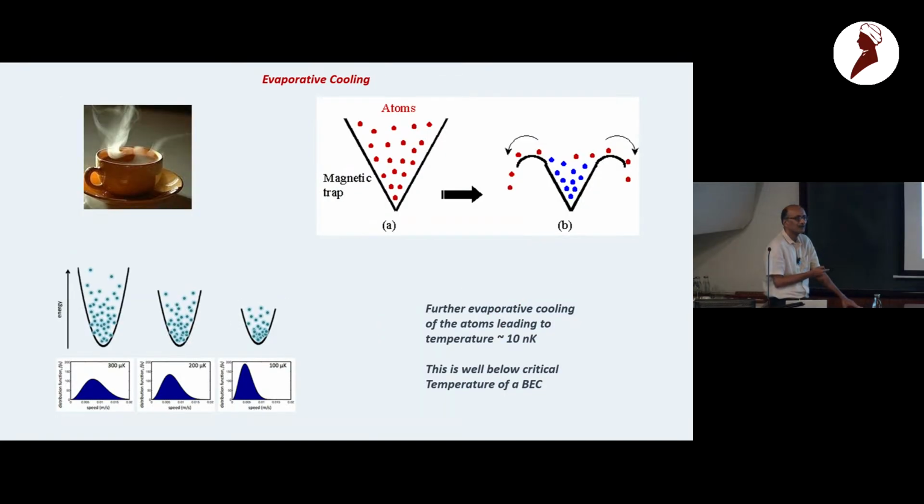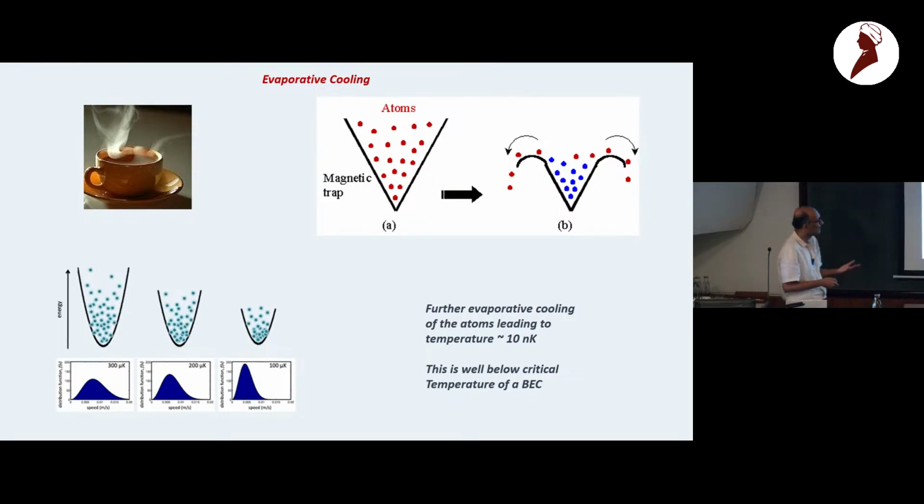Once you have this, the second technique that people use to cool these things is known as evaporative cooling. So what happens is that you take a bunch of these cold atoms in a magnetic trap and you slowly remove the top of the trap. Now this axis, which is the height of the trap, is also the energy axis. And if you do it correctly, which experimentalists know how to do and I don't know how to do, apparently with some specific rates and stuff like that, the energetic atoms at the top of the trap just leave the trap. So you get a decrease in the number of atoms, but its average energy decreases.